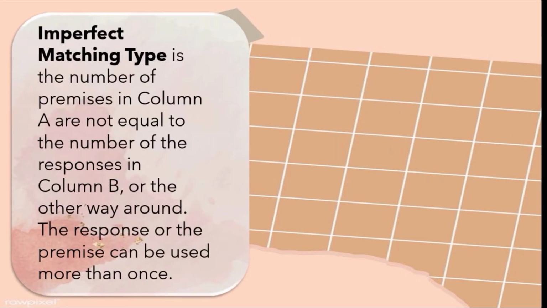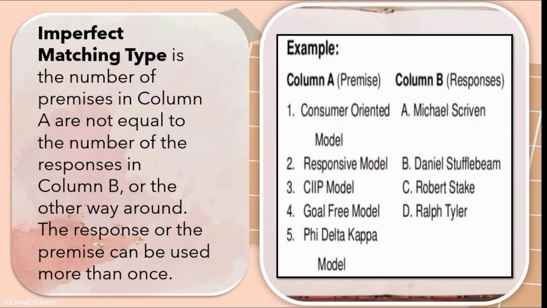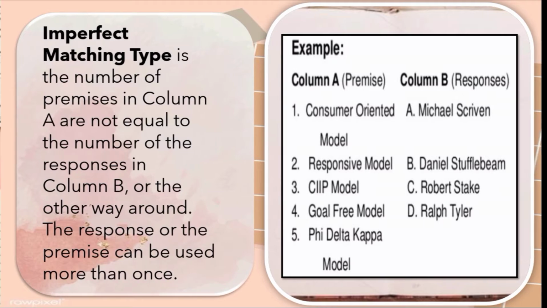We have the imperfect matching type. The number of premises in column A is not equal to the number of responses in column B, or the other way around. So look at this example, and